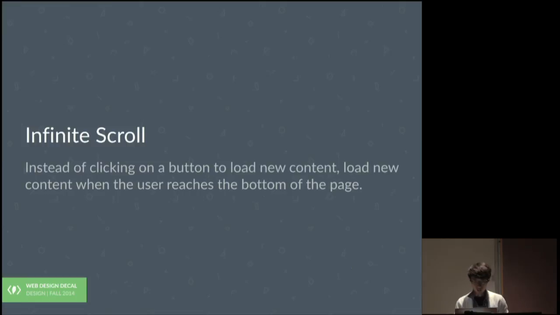Another good example of cost of action is called infinite scroll. I think you guys have encountered this when you use Facebook. When you reach the end of the posts, without having to click on next page or whatever, it automatically loads up new posts. This sort of behavior is called infinite scroll. It really gets rid of the cost of clicking on a button to go to the next page. So let me show you a demo of that.